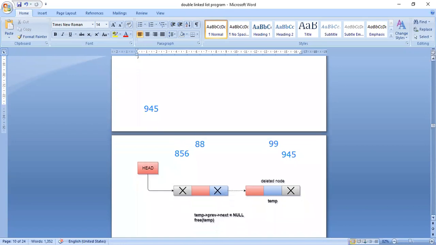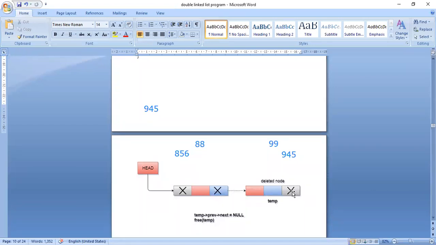After searching the last node in the double linked list, I will keep that value in a temporary pointer, that is temp. So temp will represent the last node. Now how will I know this node is the last node? Because in a double linked list, the last node's next pointer is always null.